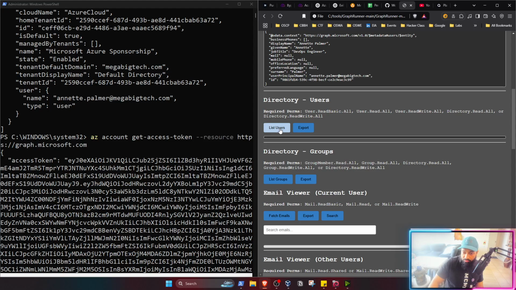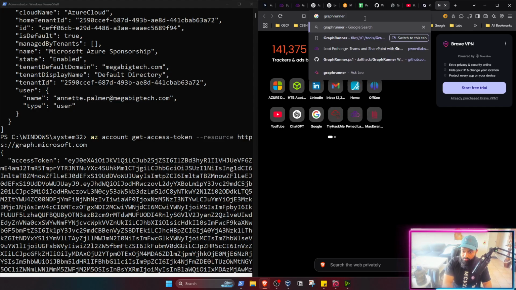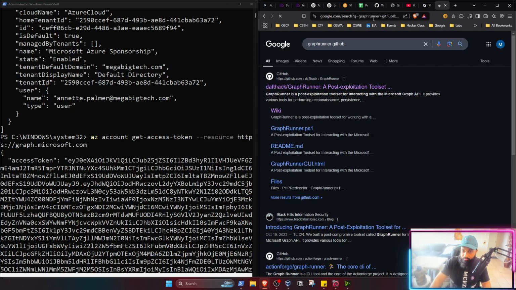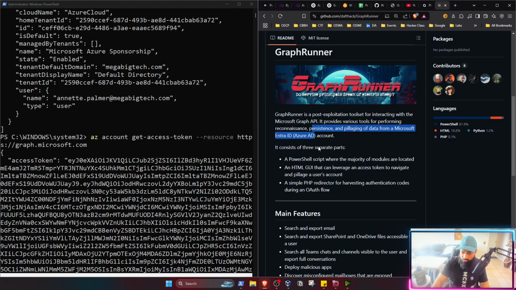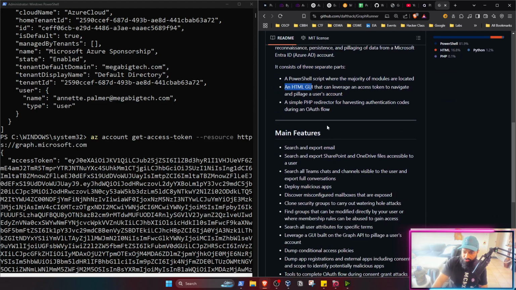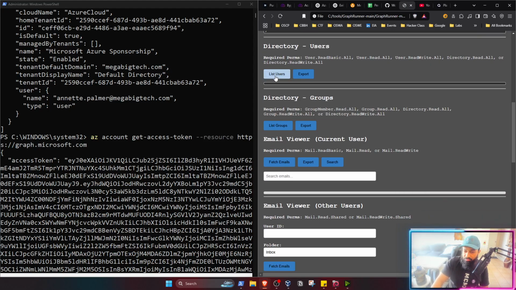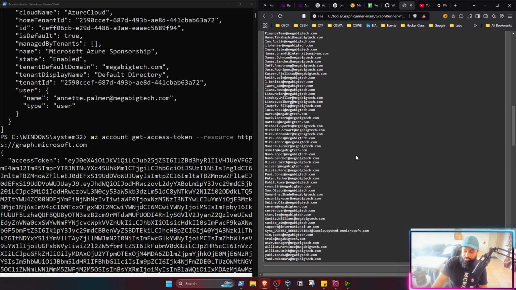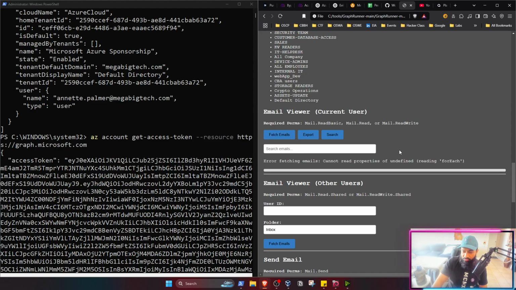Graph Runner is on GitHub. If you want a little demo of how to get it, search Graph Runner GitHub, and here you are. It's a great tool, both CLI and GUI, and HTML GUI is what we're using. Anyways, we can take a look at the users, the groups, try to see if there's anything funny. Could try to fetch emails,